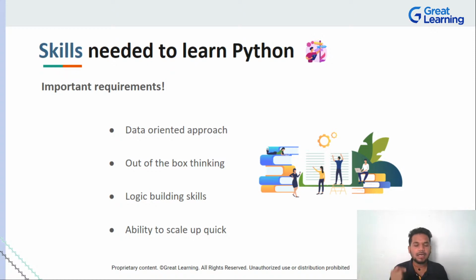So that is an approach. Trust me, this is a very important approach that will help you land jobs. In interviews, they will make sure to check if you are thorough with respect to your data-oriented approach, if you have good out-of-the-box thinking, if you can build logic really, really quickly, and of course, the fourth thing is